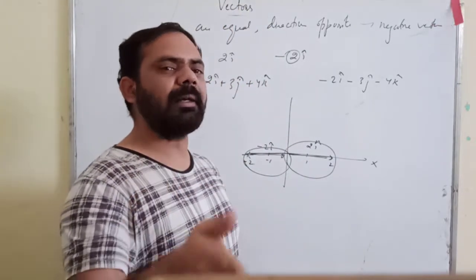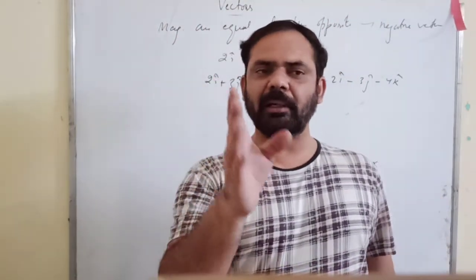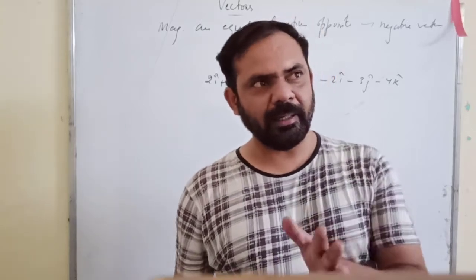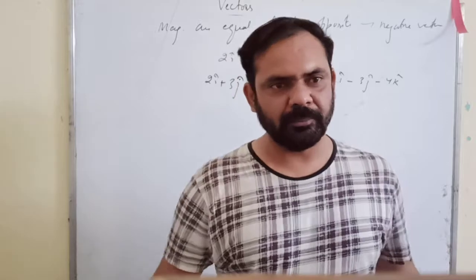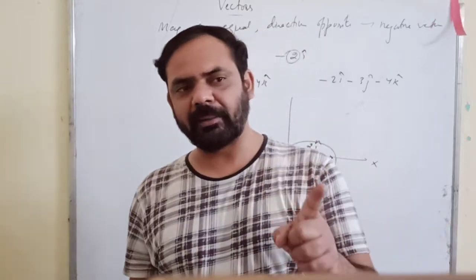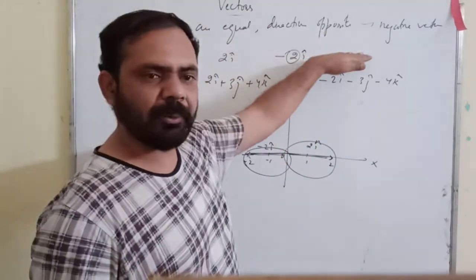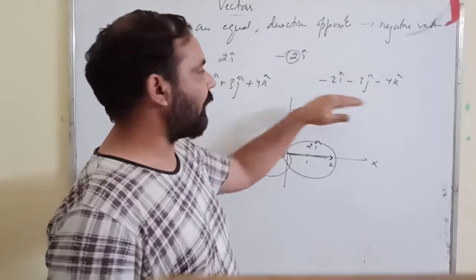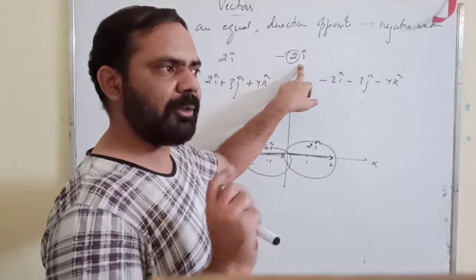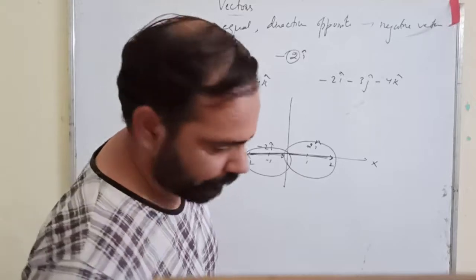Okay, sir. For any direction, suppose north. If I give you a direction north, what will be the opposite direction of north? South. Is there any other direction other than south which can be opposite to north? No, sir. So that's why a vector has a unique negative vector, because the direction should be just opposite. So if one direction is given to you, you will have a unique opposite direction. Means for a given vector, you will have a unique negative vector. Okay.